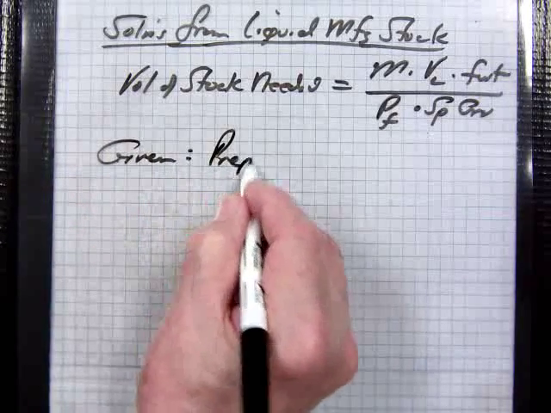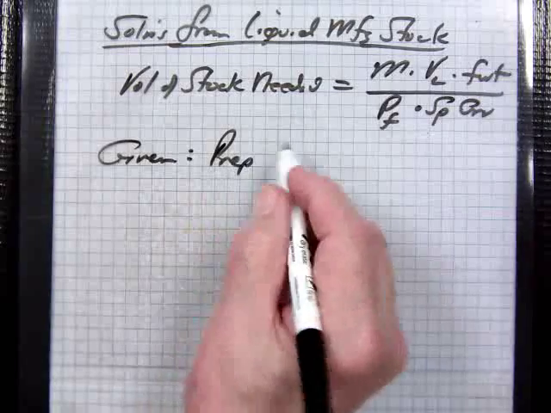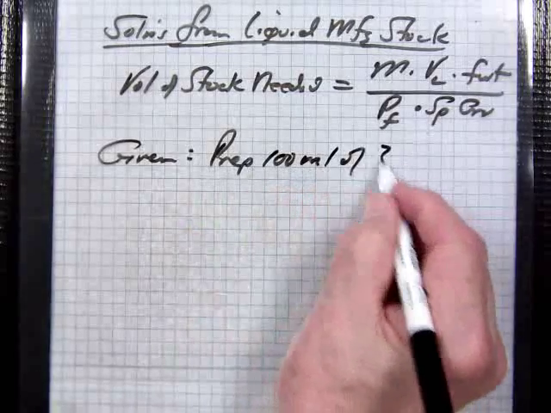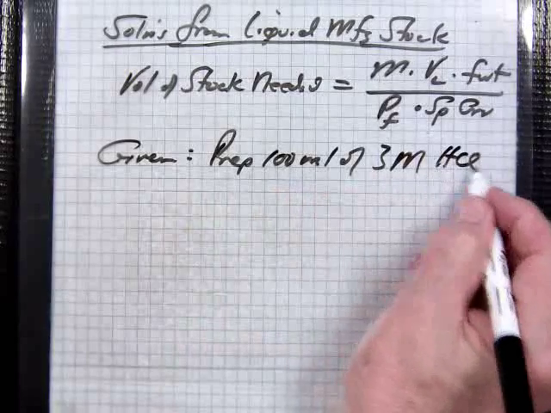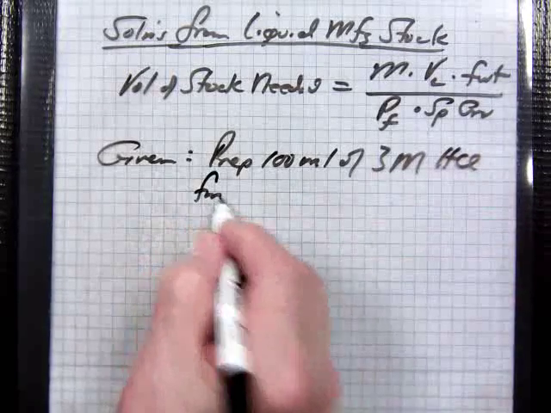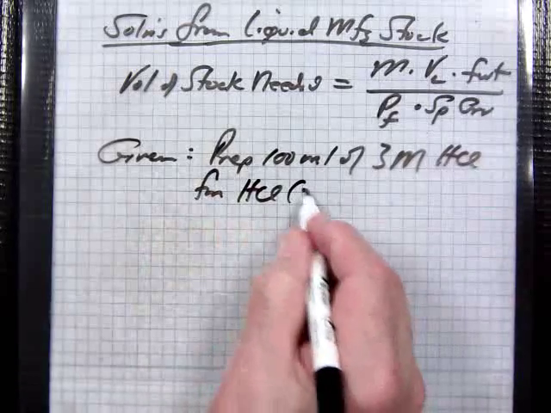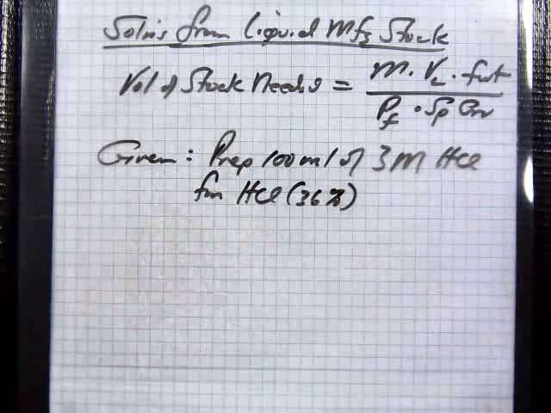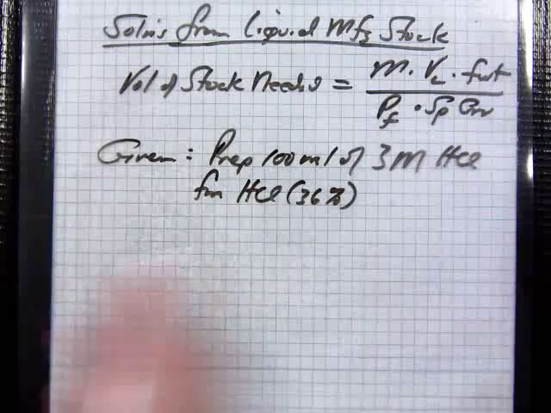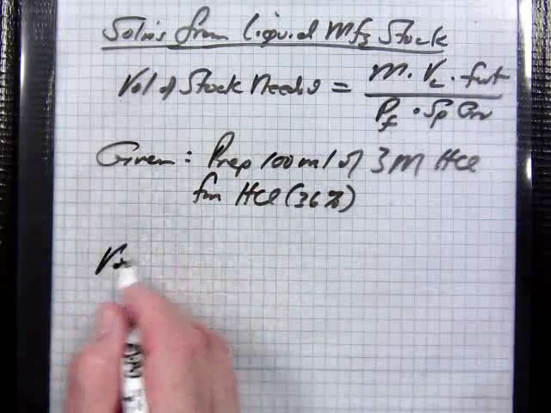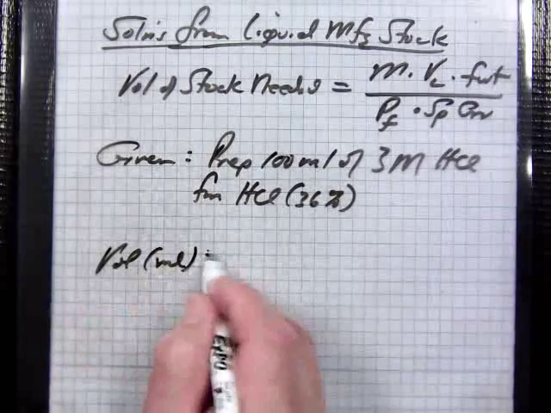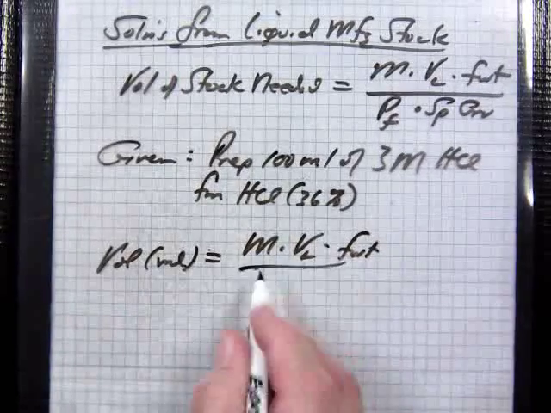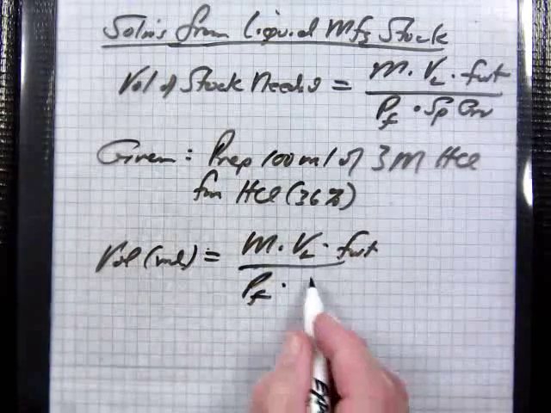Prep 100 milliliters of 3 molar HCl from HCl 36%, and we'll use 1.14 and 36 grams per mole, like that. So it's really volume in milliliters, again, is molarity times volume times formula weight, very straight, purity factors, and specific